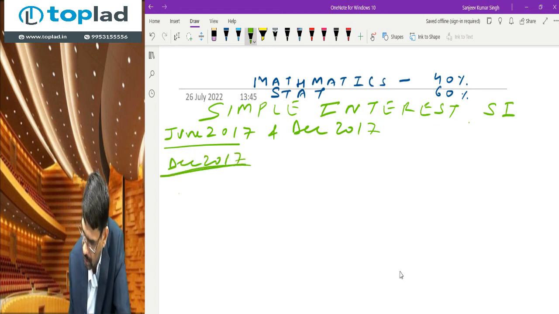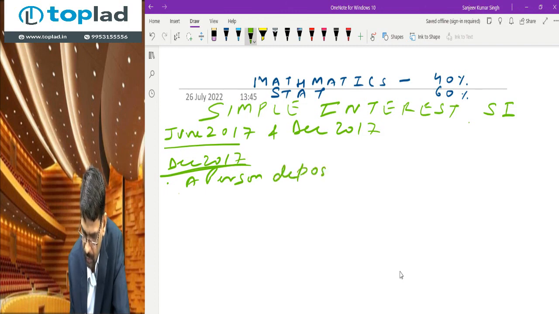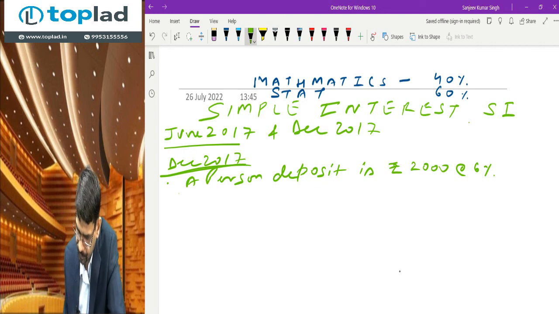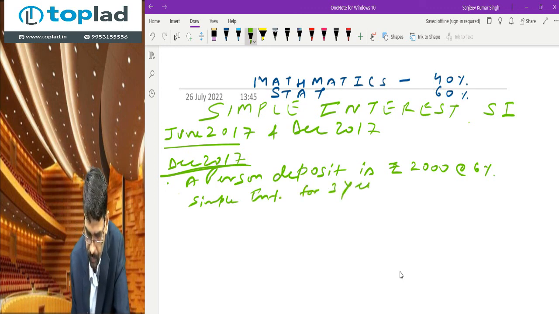See, the question is like a person deposits rupees 2000 at the rate of 6% simple interest for 3 years. For 3 years,